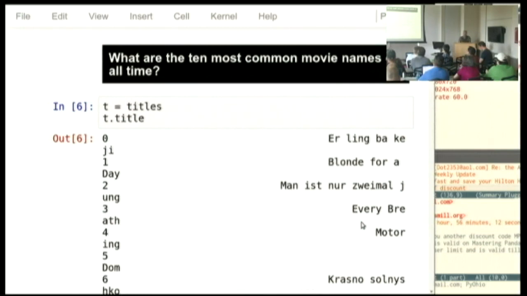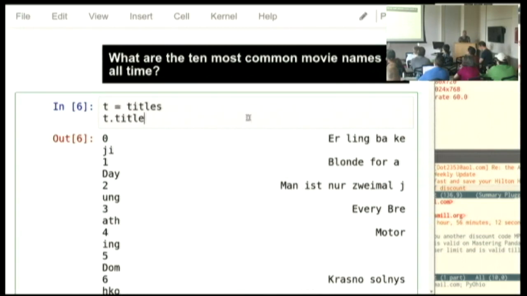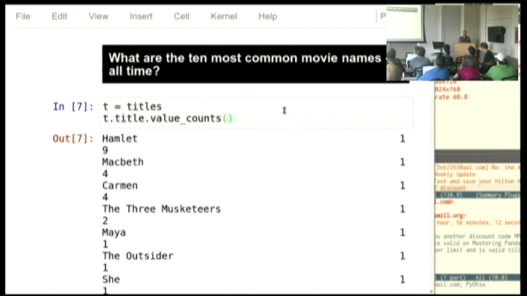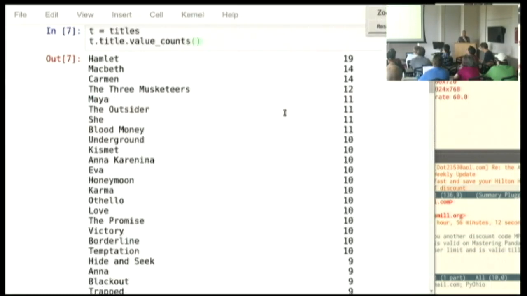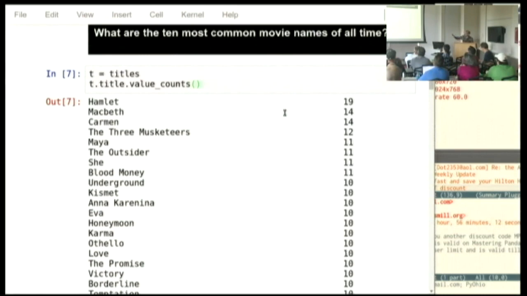It's wrapping here a bit awkwardly, but what would I do if I wanted to know the most common? And so the second set of exercises here is really designed to get you practice with a superpower of the series called, I always want to type count values or value count, because I'm a programmer. I'm used to methods that are verbs. This one's a noun. You ask the data frame, make this smaller, so there. I had to make the font smaller on you to make it wrap correctly.